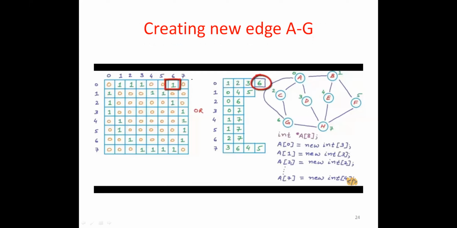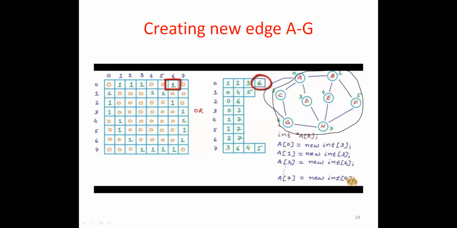Okay, if you want to add a new edge into the graph. Previously it was like this: G and A were not connected, and now I'm making an edge between A and G. What is the simple thing in the case of an adjacency matrix?